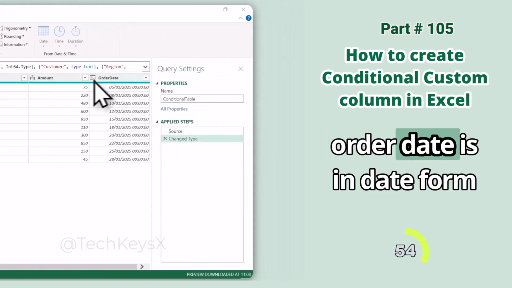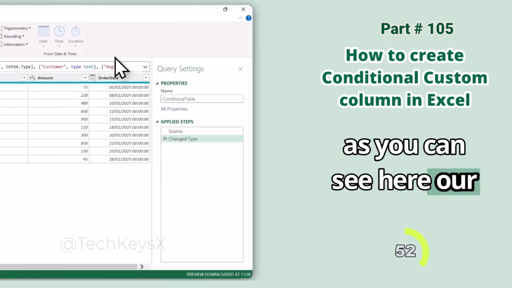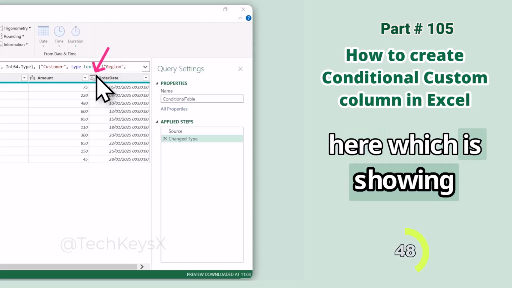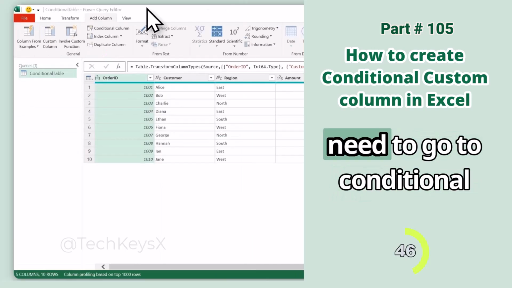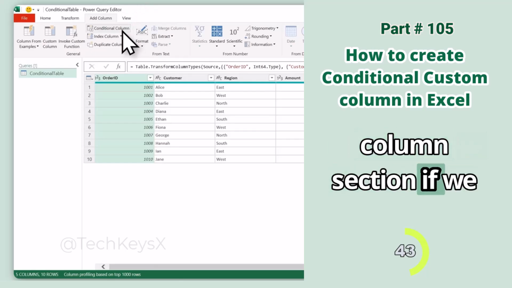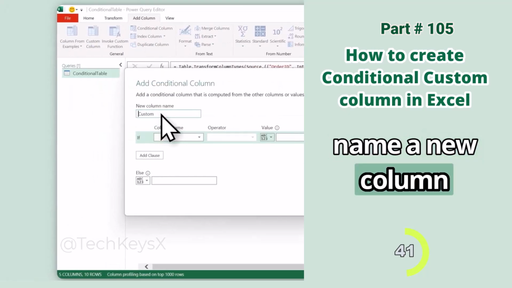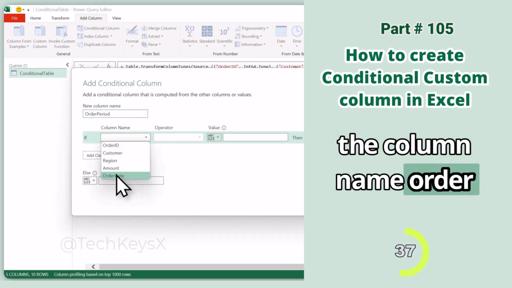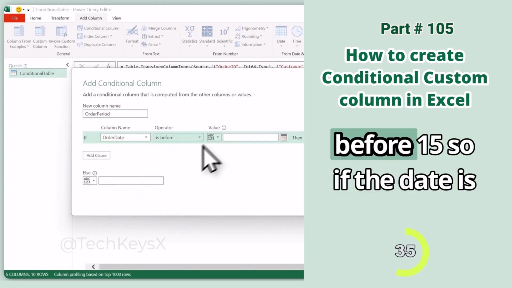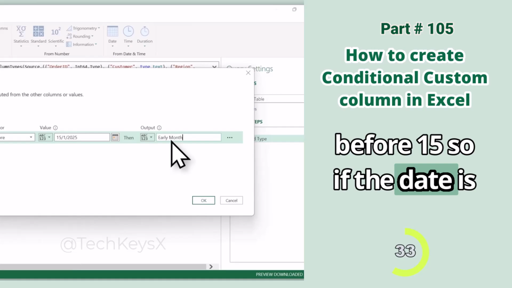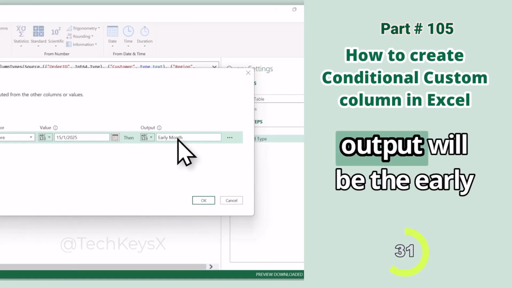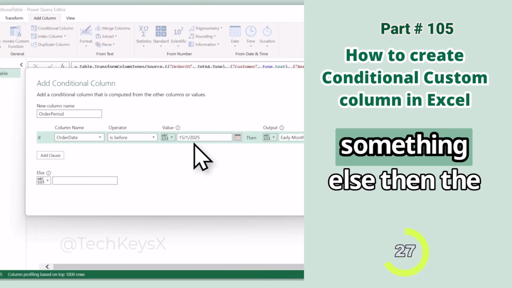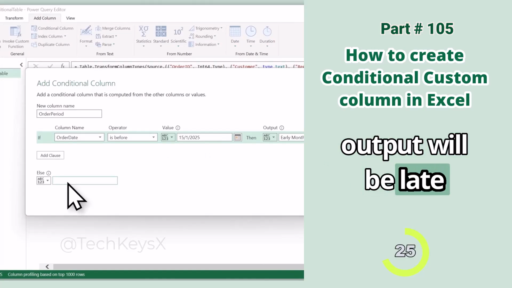To do this, what we need to do is make sure that our order date is in date form. As you can see here, our order date has this little icon which shows that this is a date. Now we need to go to the conditional column section. If we click on this, we can name a new column. We will name it order period, and then if the column order date is before the 15th, then the output will be early month. But if the date is greater than 15 or something else, then the output will be late month, and then